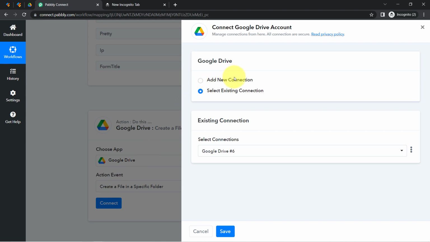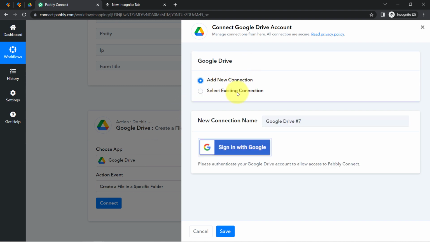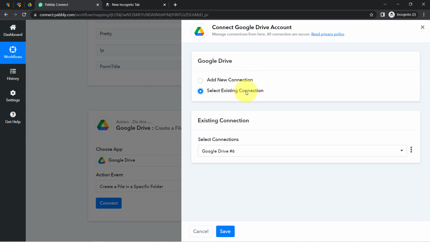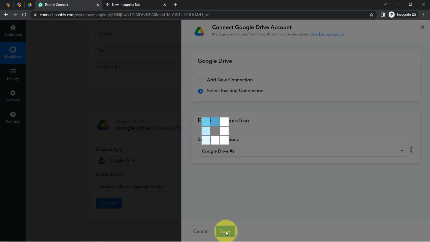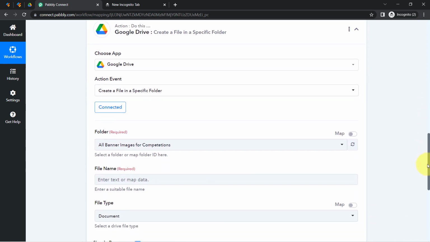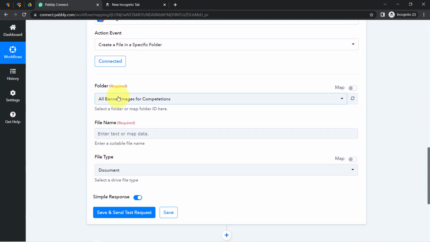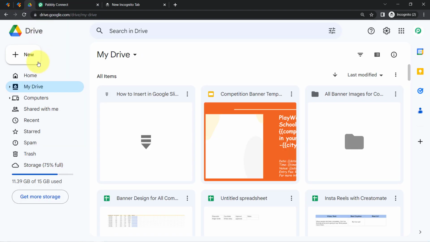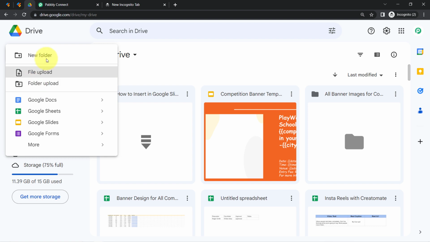Just like we have connected Jotform and Pabbly Connect, now I'll be connecting Google Drive and Pabbly Connect, and I will go with the existing connection because I have made this connection multiple times. Here you can see it is connected, and now firstly it will ask you in which particular folder this file should be created. So firstly I am going to create a new folder in front of you into this